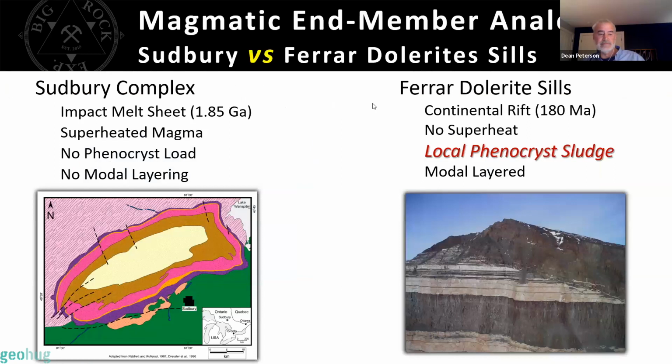So those are kind of the end members. I'm really not going to talk about Sudbury today. I'm going to talk a lot about the Ferrar Dolerites today. But here are the end members, Sudbury, an impact melt sheet. The magma was superheated. The Sudbury igneous complex formed in an instant, and it was superheated, 1,700 degrees C. There was not a single phenocryst in that in the end, right? Because it's too hot. And what do you get in the end at Sudbury? You get